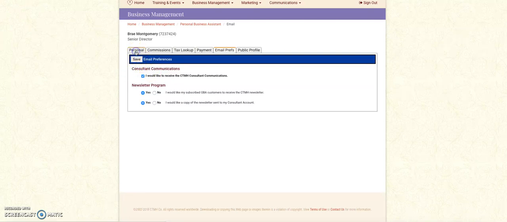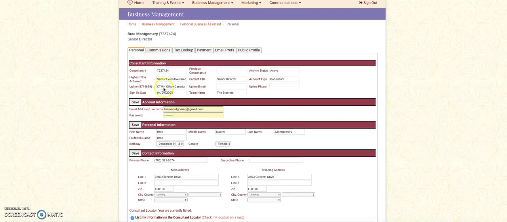The other thing you want to check is back on the Personal tab. And you want to make sure you have the right email listed for your email address, because if you don't, it's not going to go to the correct email. So mine's correct. I didn't have to change anything, but now I've ensured that everything's set up for me to get my Close to My Heart consultant newsletter, but also the customer